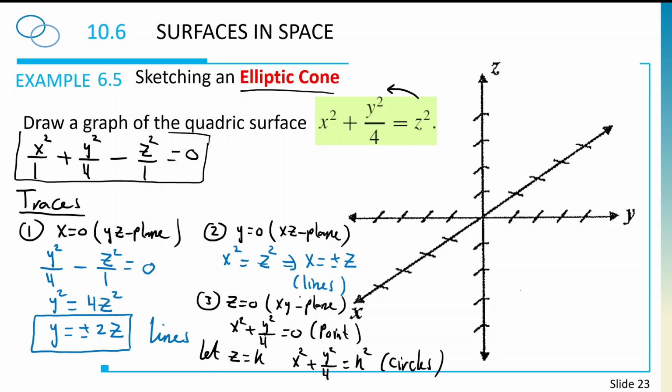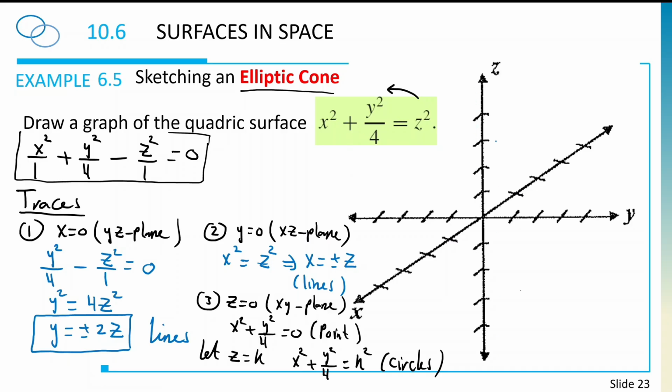So now what do I have? Two lines and circles. By the way, if you try to find not only the intercept with the planes, but just the cross section with, let's say, y equals 3, y equals a, you will find a hyperbola. But no need, these are enough for us to graph it. So now I have two lines. Let's move to the graphing part. What do I expect to get? I get a cone